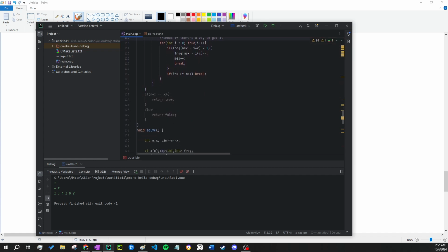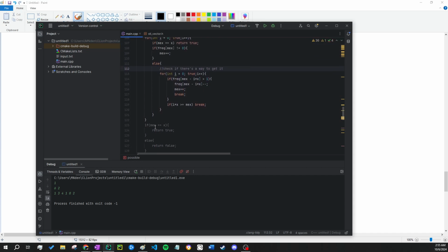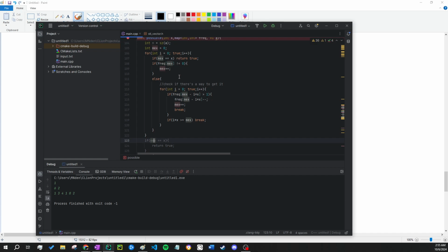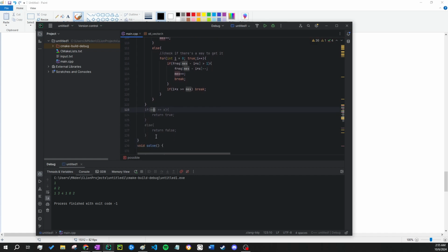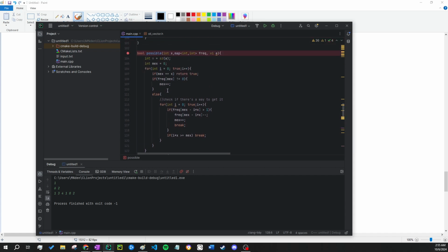Wait, funny enough, I didn't even use... Yeah, it's never gonna reach here. I see. But don't worry, I'll work out of it. Here, I guess we need a flag. And this flag is going to check if it's